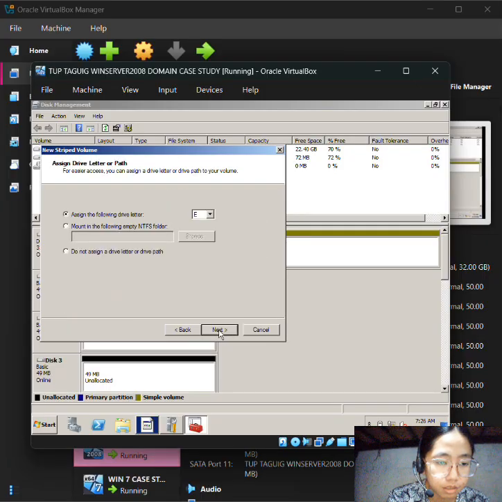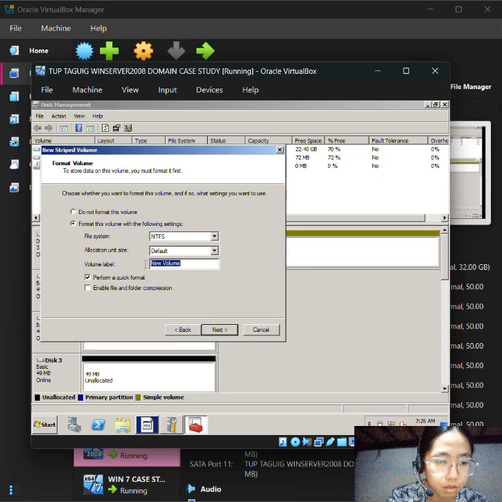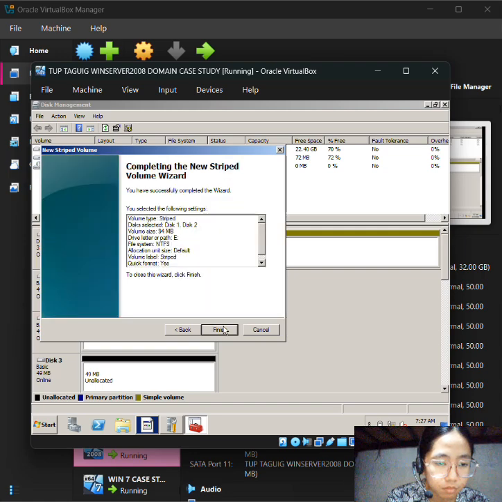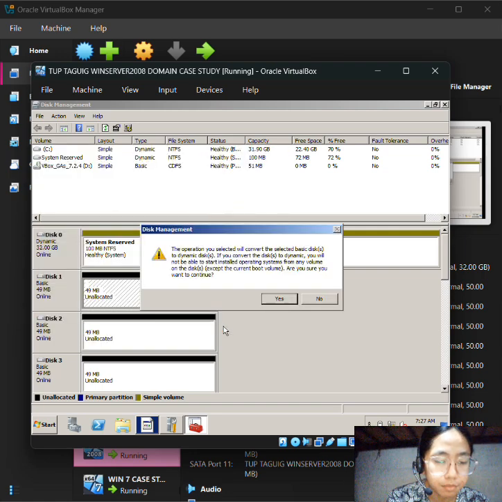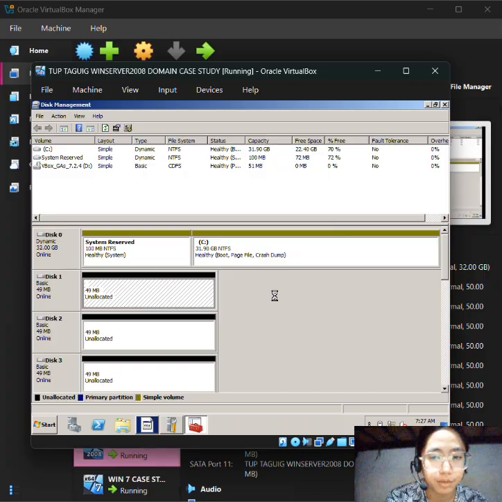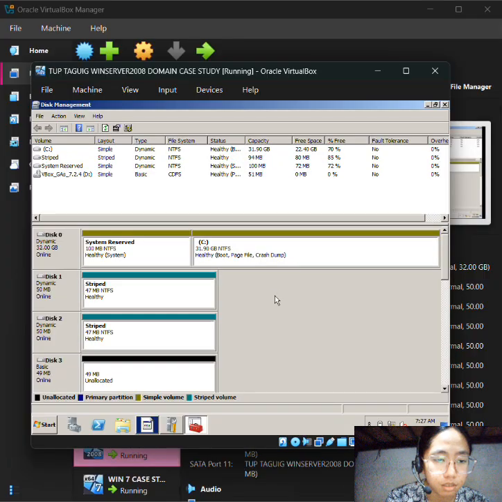Then next, I will change the volume level to striped. And yes, for this management, it improves performance for the striping and does not provide fault tolerance, because if one disk fails, all data is lost. So as you can see, the status is healthy.